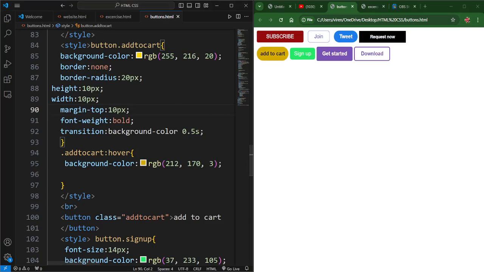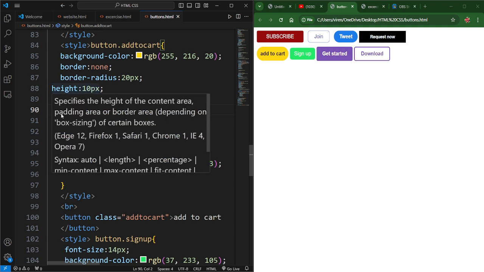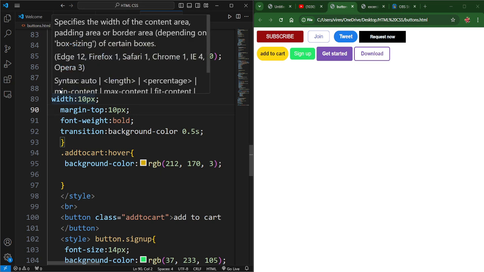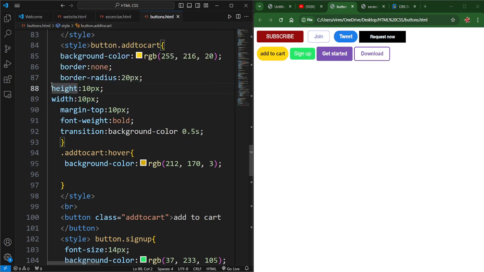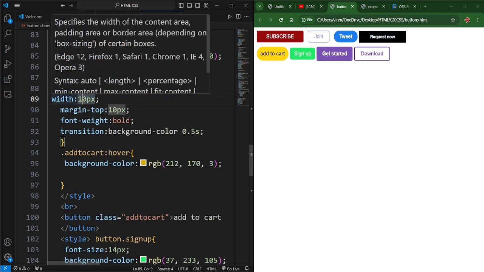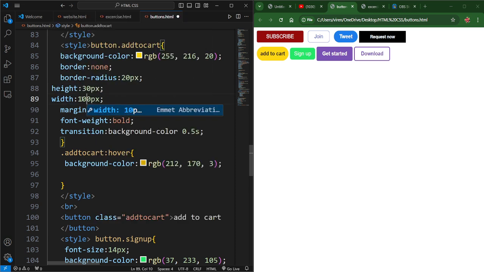So the current setup has a button with the class name add to cart with the properties height and width. Height of 10 pixels and width of 10 pixels. Here I'm gonna change the height to 30 pixels and width 100 pixels, and I'm gonna save it